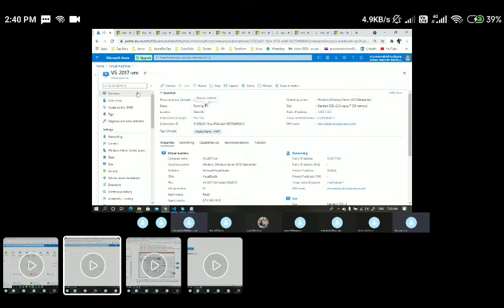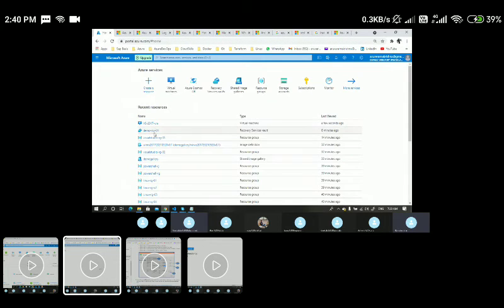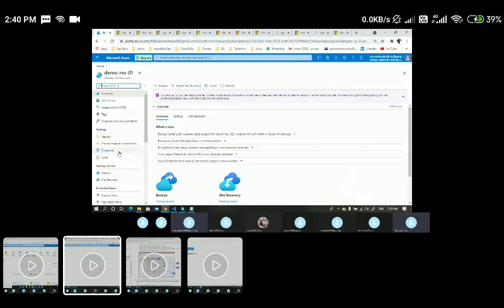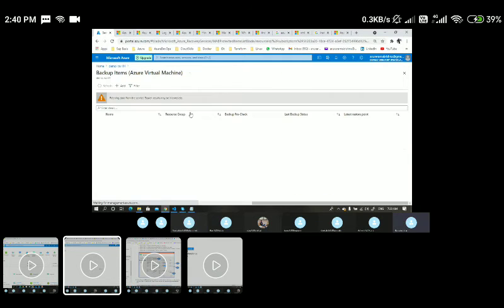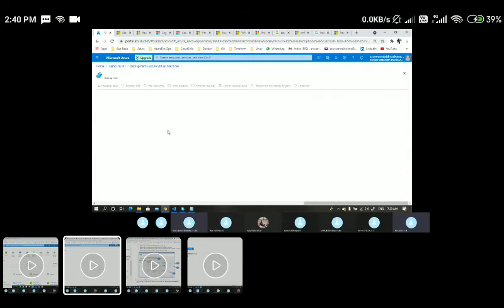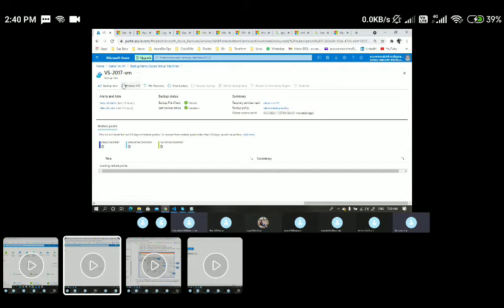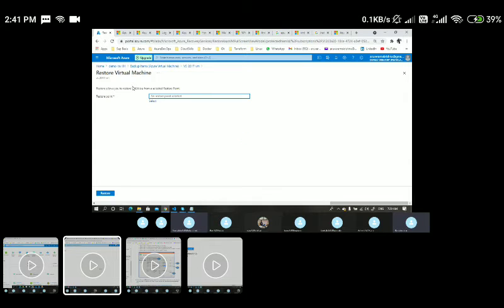I want to restore it, or maybe create a new VM. In those scenarios, we can go to this recovery service vault, go to the backup items, and within here, if I go to this particular VM, I have an option called restore VM.